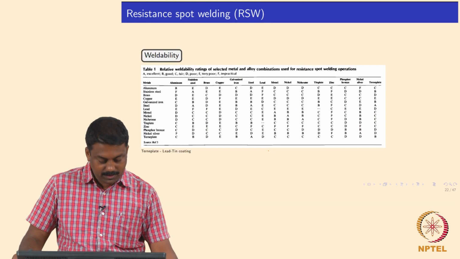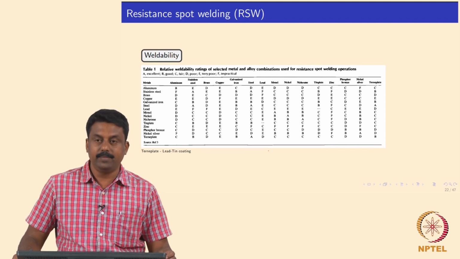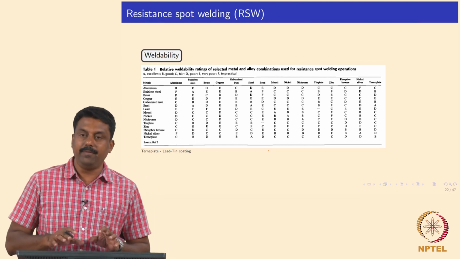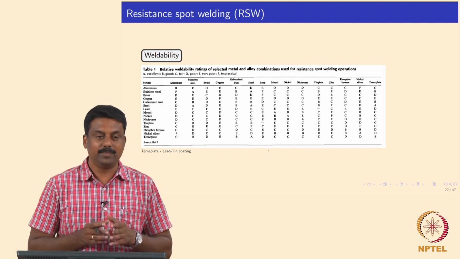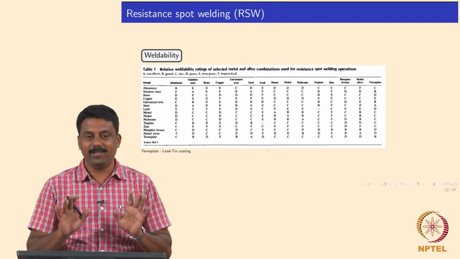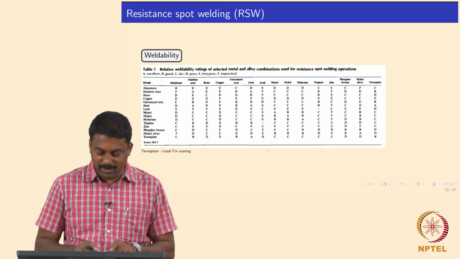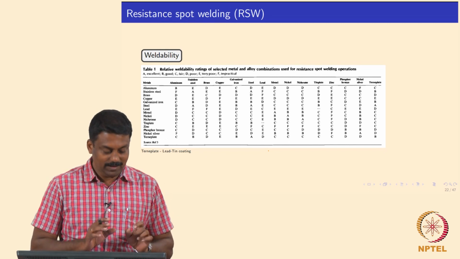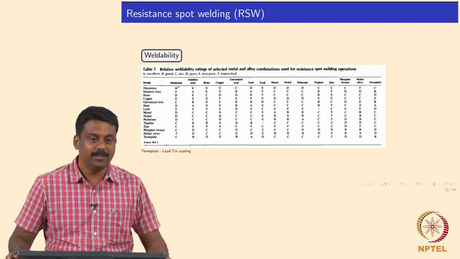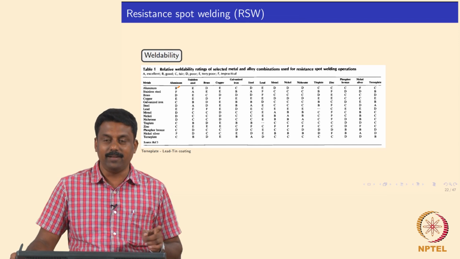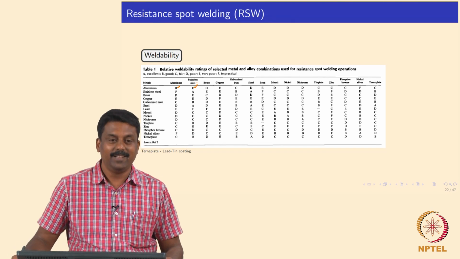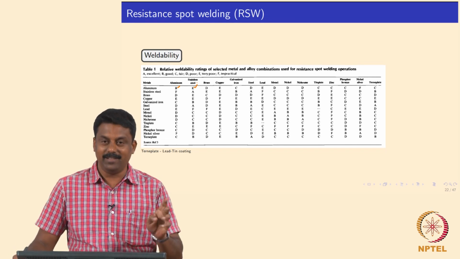And this table shows the compatibility, the weldability, and I took this from a handbook. This is very important. Suppose in future you want to know whether you can weld aluminum to steel, which is very difficult, don't try. Can I do steel to steel, okay, you can do. So you can choose by looking at this table. Whether I can weld, for example, aluminum to aluminum, it's B. So you need to get an enhanced weld thermal cycle so that you can reasonably weld. Aluminum to stainless steel, never try. Impossible. I will bet you.